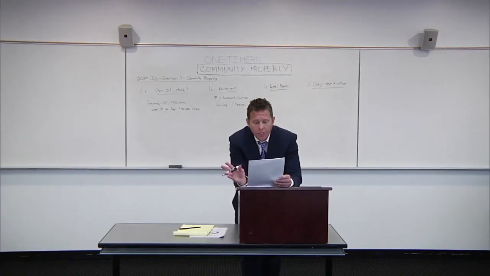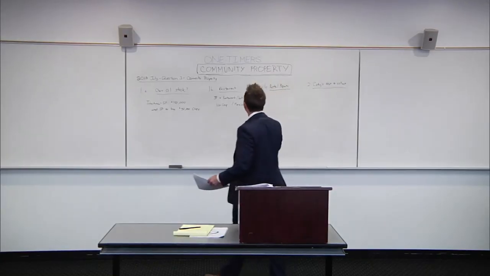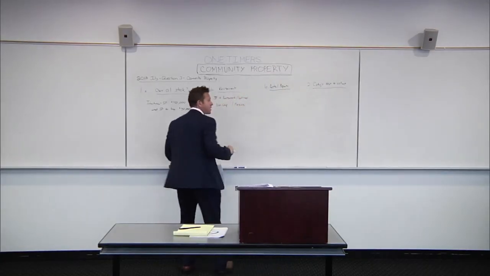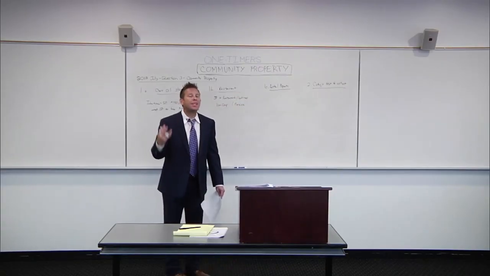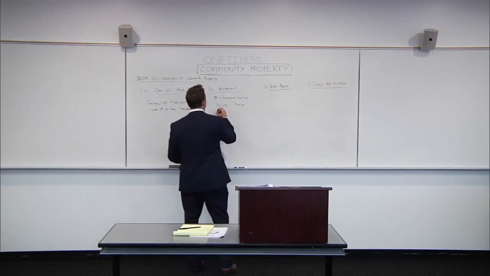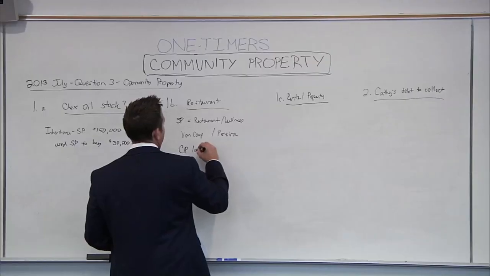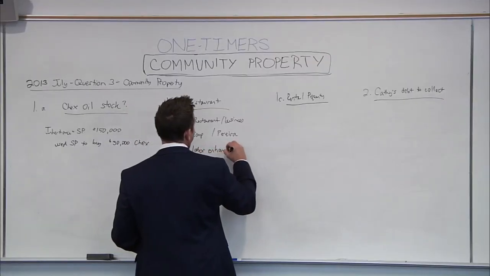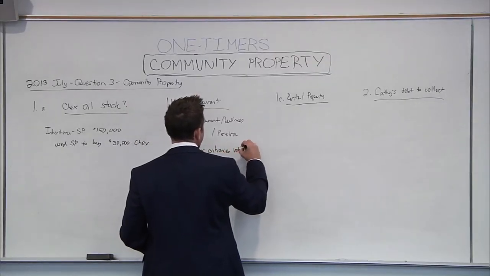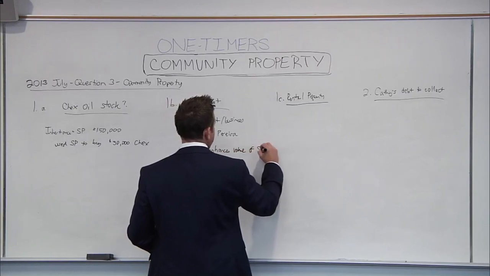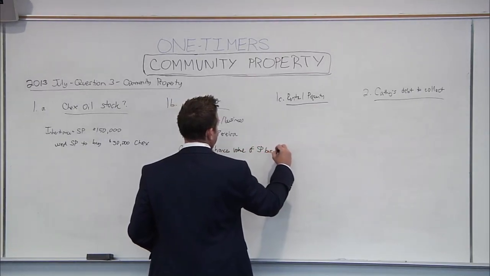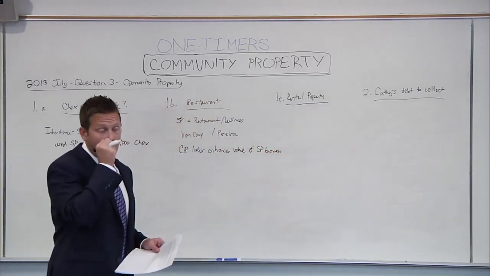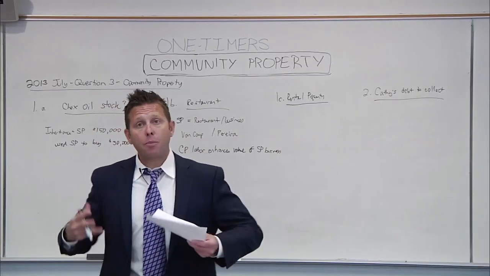It says, okay, worth a check on a restaurant that costs $100,000. Hank managed the restaurant, and solely through his efforts, it prospered and is now worth $300,000. But it's her separate property business, but it's community property labor that enhances the value of it. So community property labor enhances value, and that's exactly what this is about, of a separate property business. So the community's got an interest, and because it's Hank's labor, they're going to have a pretty big interest in it